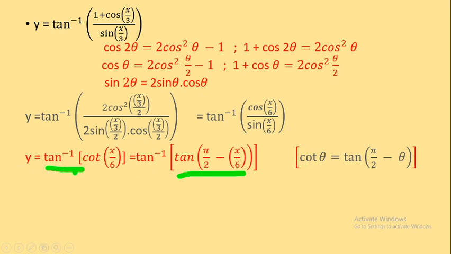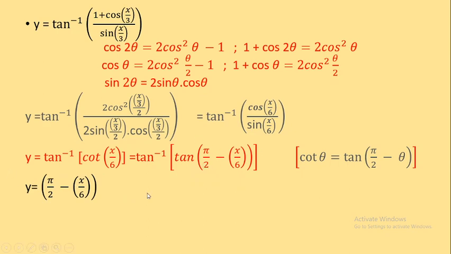So you can see that if I want to convert, outside it is tan inverse, so I should have tan inside. Then only it will cancel. This is the main important thing: if outside it is tan inverse, inside should be tan. I cannot change from cot to tan directly, so how can I change? Cot theta is tan of pi by 2 minus theta. So this cot gets converted to tan of pi by 2 minus x by 6. So tan and tan inverse get cancelled, and the only thing which remains is y equal to pi by 2 minus x by 6.